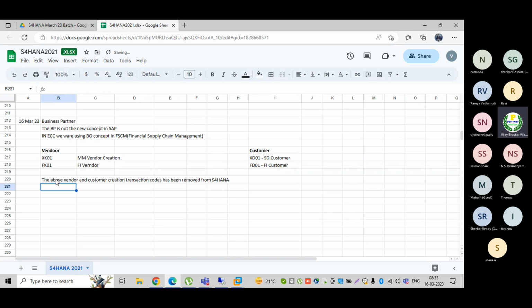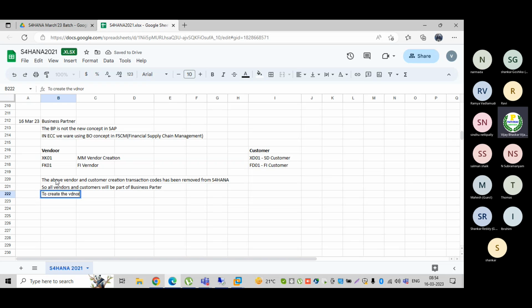So all vendors and customers will be part of the business partner.